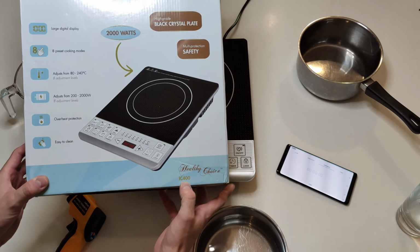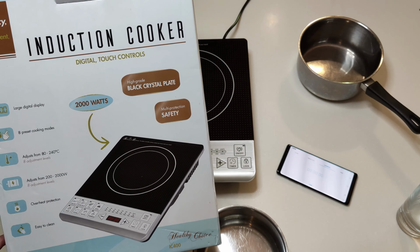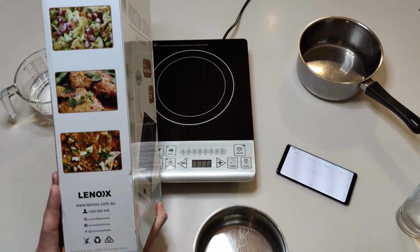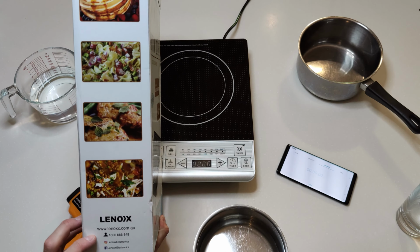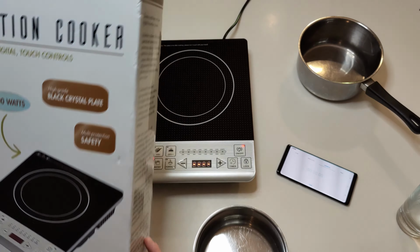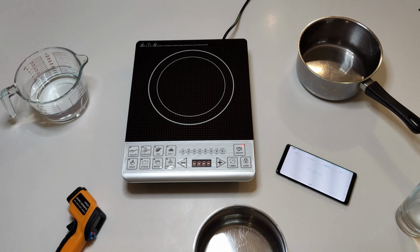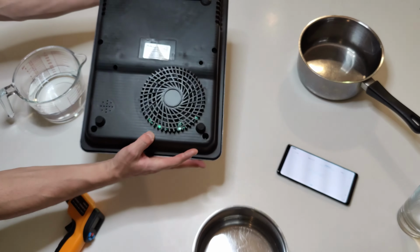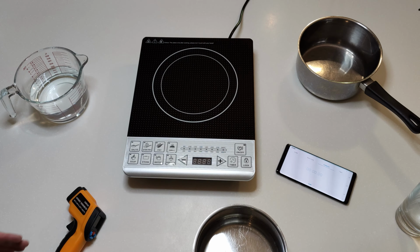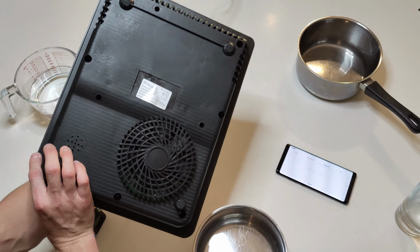If you look up IC400, you'll find it everywhere online, but cheap as chips. Zero return policy, so guaranteed quality. But the food on the packet, oh there we go, Lenoxx. The food on the packet looks pretty good. Now, I'm not sure what ticks and whatnot they actually have, how certified it is. Oh yeah, it's got some ticks on the back. We'll see how good that is,